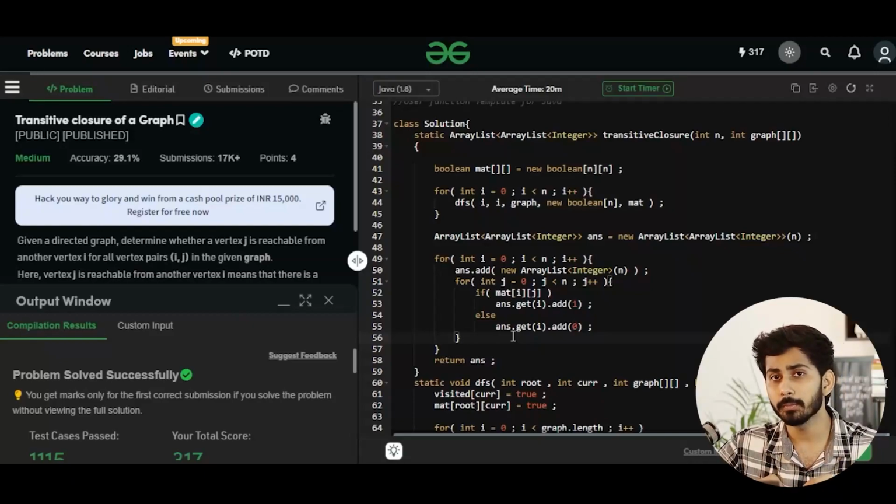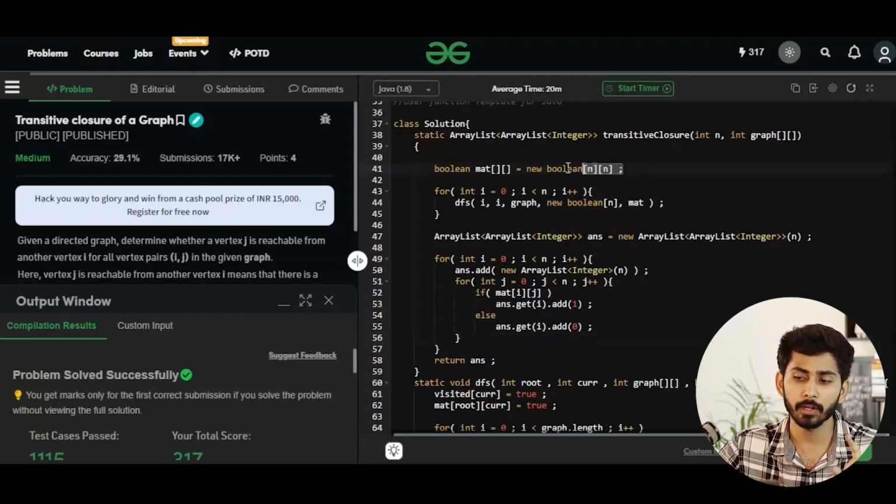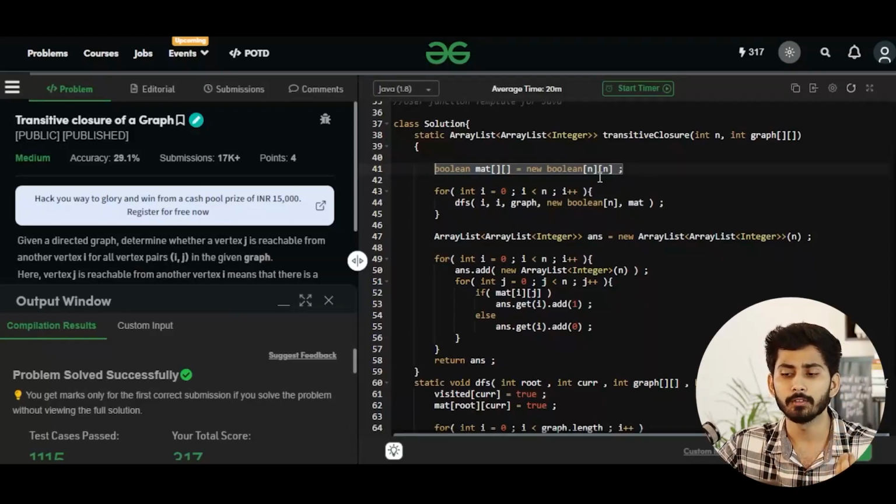But the time and space complexity, what is the time complexity of this approach? The time complexity is order of v cube plus order of v square. And what about the space? See, the space is equivalent to order of n square. Basically, total number of vertices is n, that's why n square, or you can say v square. So now let's try to see the different approach in which the time complexity will be strictly order of v